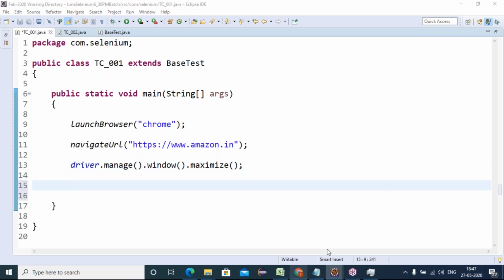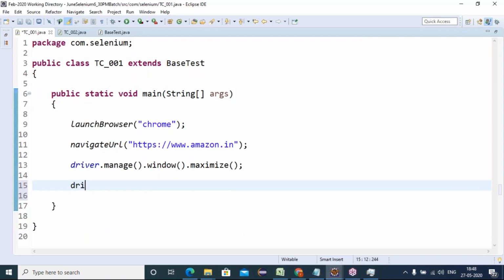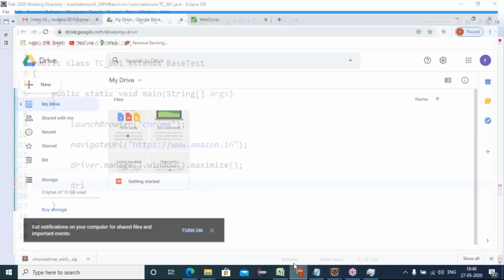Next, I want to get the title of any window like this. With WebDriver, for this, having my Google Drive, something is coming like this, right? Okay. So yes, if you want to get the title of that, we use one of the WebDriver methods